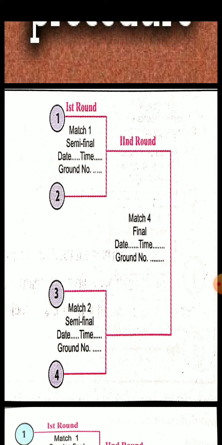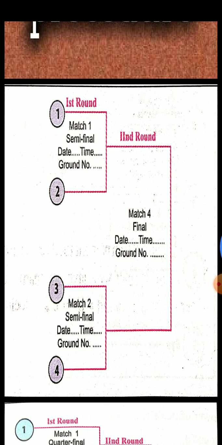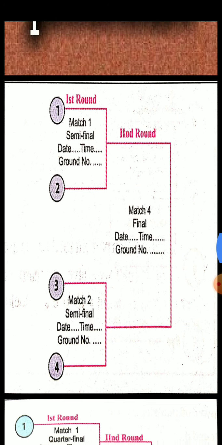So you can see how the fixture is arranged. There are 2 rounds. In the first round, in the upper half, there are 2 teams who will play a match, and the second match is between the lower half teams, that is team 3 and 4. One team from the upper half and one from the lower half will qualify, and they will meet in the final. So there will be 2 rounds and the winner will be decided in the second round itself. So that was the fixture for 4 teams.